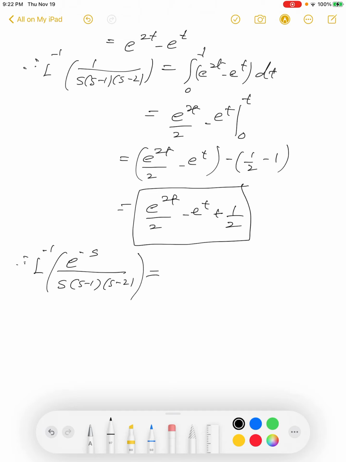By shift formula 2, you know that the function f, whose Laplace transform is 1 over s times s minus 1 times s minus 2, is given here. So this function has to be evaluated at, now your a is 1. Remember the formula, Laplace transform of f of t minus a times ua is e to the minus as Laplace transform of f. So here a is 1. So this function has to be evaluated not at t but at t minus 1,